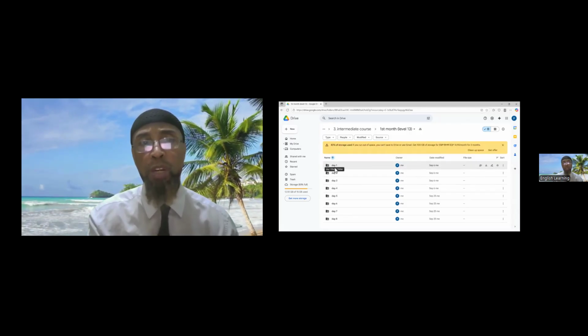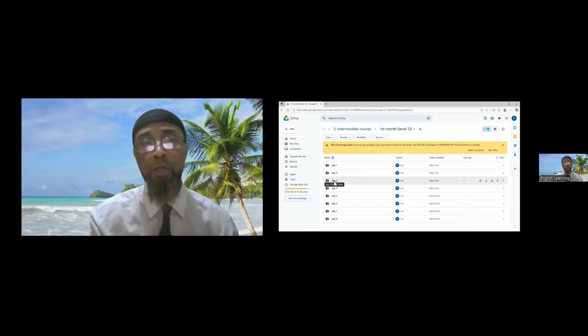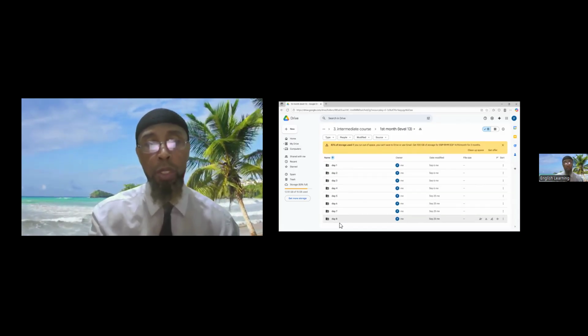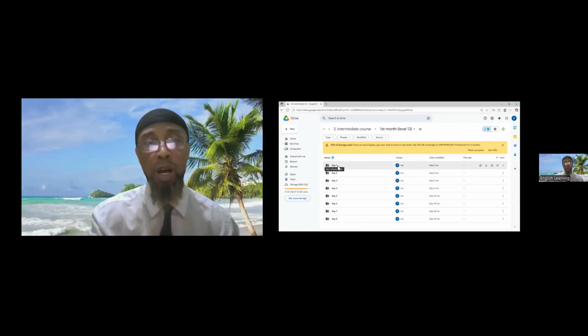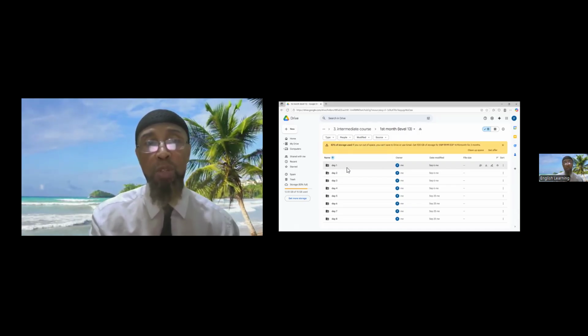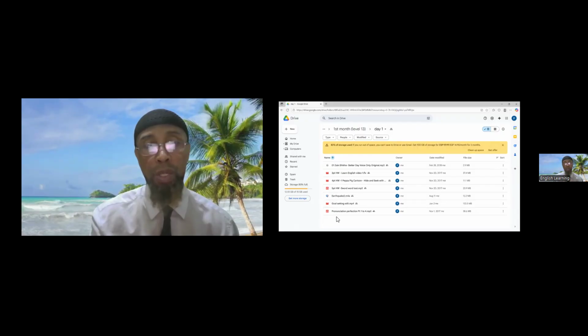it depends on whether you're taking 4 lessons a month or 8 lessons a month. If you're taking 8 lessons a month, you'll find 8 folders. If you're taking 4 lessons a month, you'll find 4 folders. Each folder is for a particular lesson. Like after lesson one, you're going to go into day one because you just had one class. So you go to day one to get the material that you need for doing the homework for lesson one. You'll see all of this material in there.